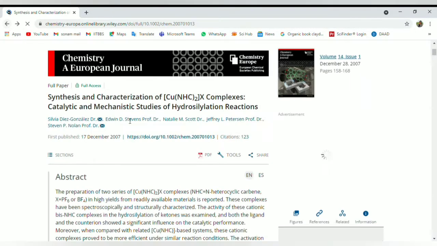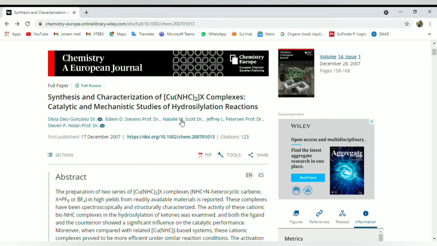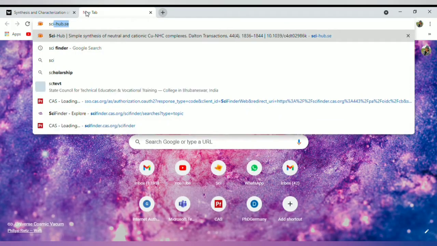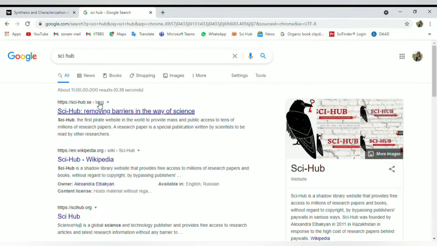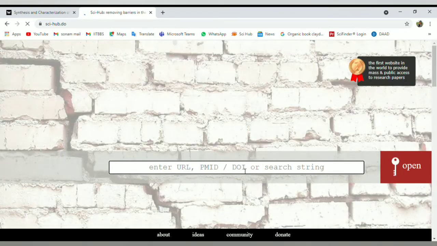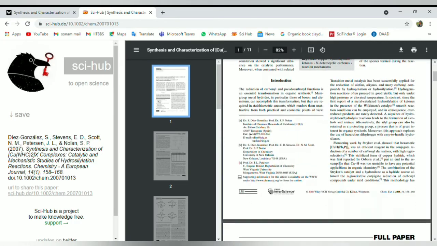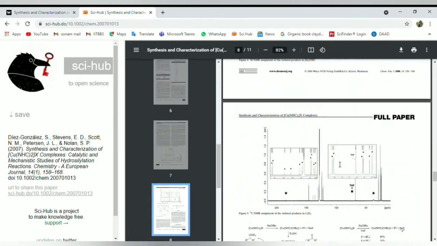It is also possible that sometimes you may not get the PDF option directly. For that you just need to copy the name of the paper, open a new tab and type Sci-Hub. It is a website which provides you papers free of cost. Just directly copy either the name or DOI number of the paper and open that. To use Sci-Hub, you already need to know either the name or DOI number of that paper. Now you can simply download this paper from the corner download button.